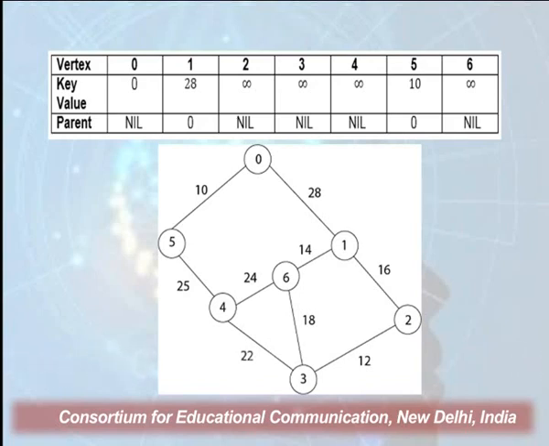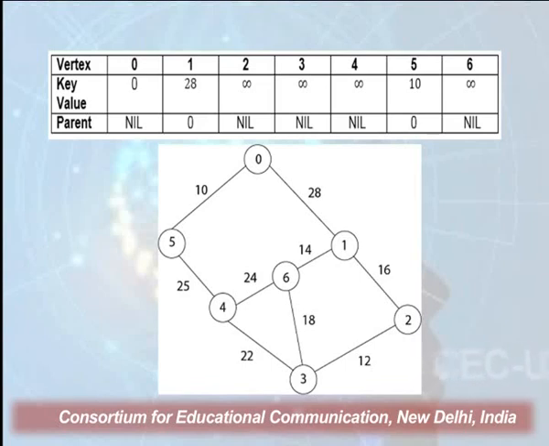Now, looking at vertex 5 in the figure, what about the adjacency list? The adjacency list of 5 has 0 and 4. So 5 and 0 have already been updated, which means 0 has already been removed from the priority queue. So what we need to update is only the key value of 4, which is presently infinity,